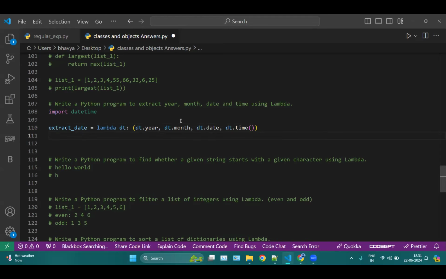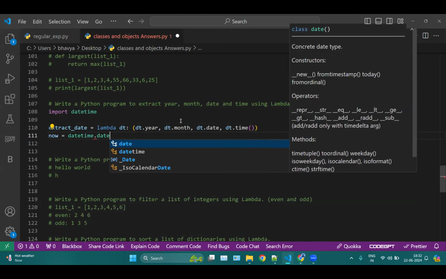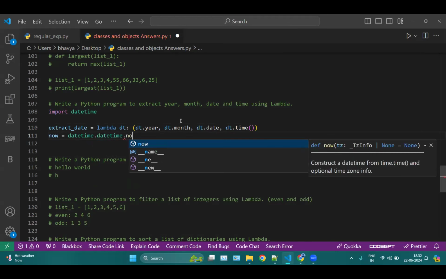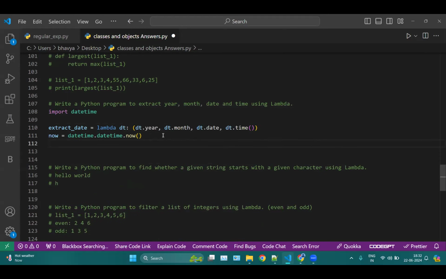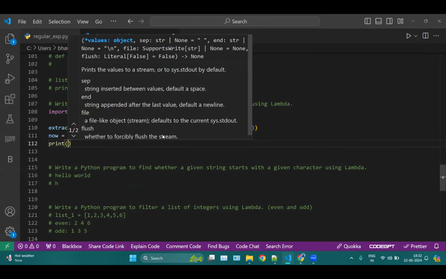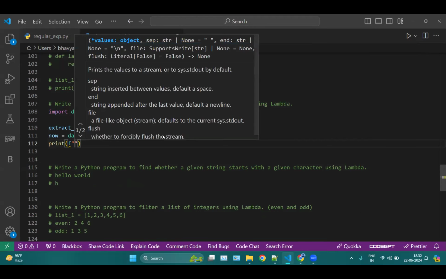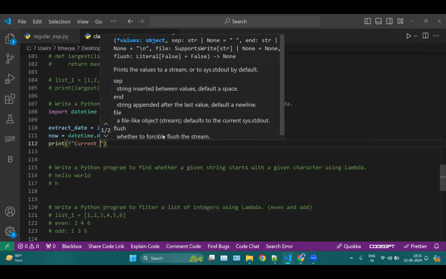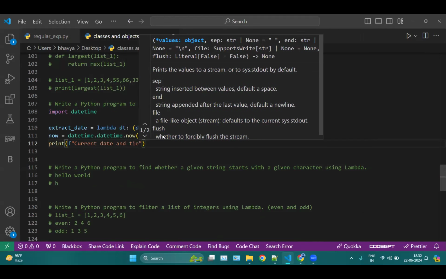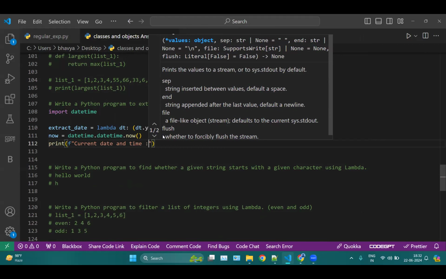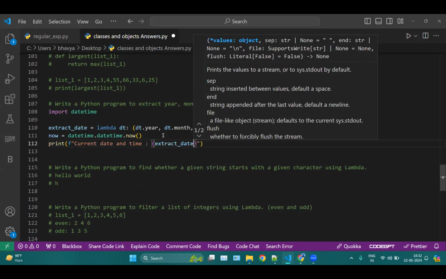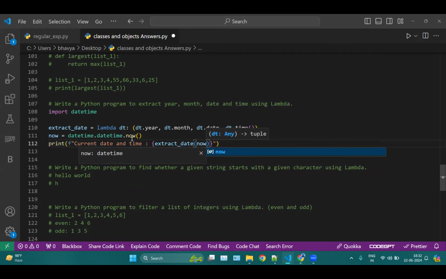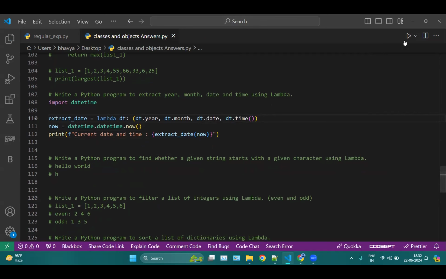Okay. Now we can create a variable now equal to datetime.datetime.now, which will take the current date and time. Okay, and then we can print the output, which is f"current date and time". And here we are calling extract date, which will take a parameter, which is now here. Now, if I run this one, you will notice